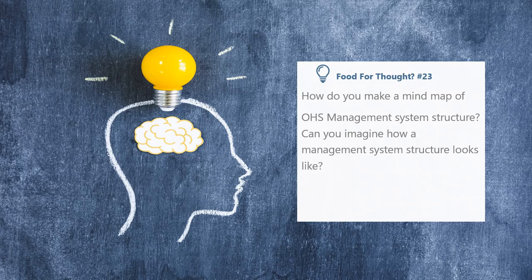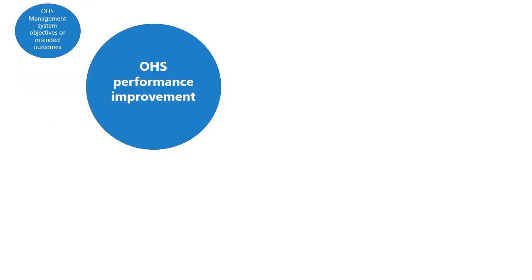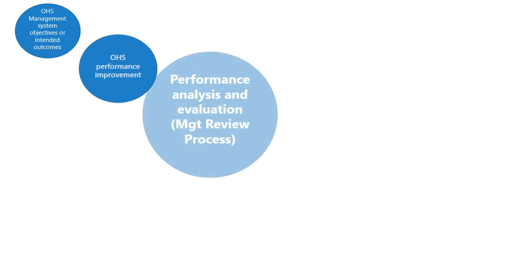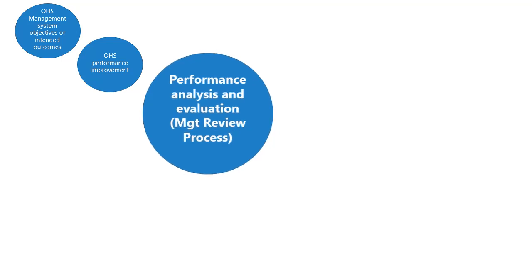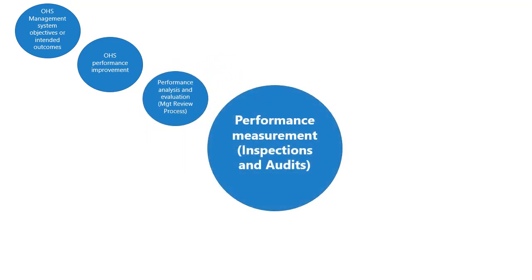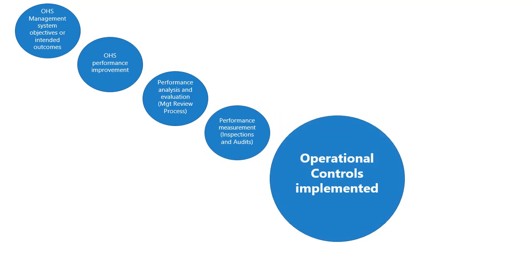So let's make a mind map of the OHS management system structure. OHS management system objectives or intended outcomes are possible to be achieved only when the organization achieves OHS performance improvement. And the performance improvement can be gauged only if the organization carries out performance analysis and evaluation, that is the management review process, which can only be done if the organization has done performance measurements through inspections, audits, and feedback of the OHS processes, where operational controls are implemented, for example, elimination, substitution, engineering control, admin control, and personal protective equipment